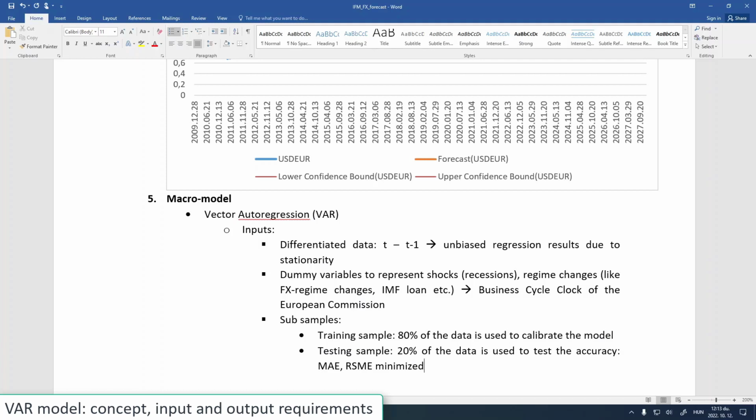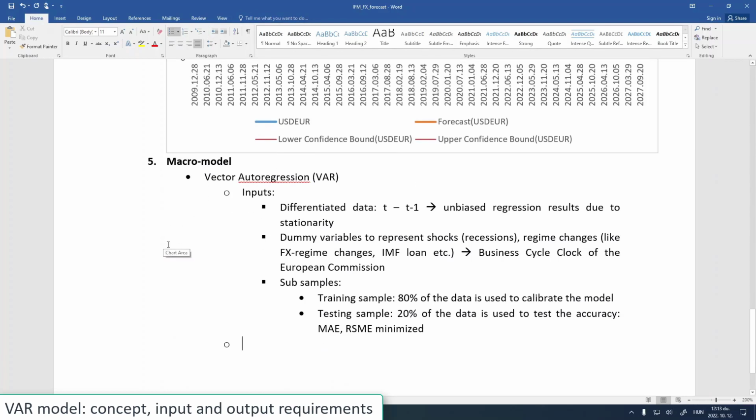So it means that if we have at least two competing models, we are selecting the model which has lower MAE or RMSE values. And I think after that we can do everything, but the case of outputs,